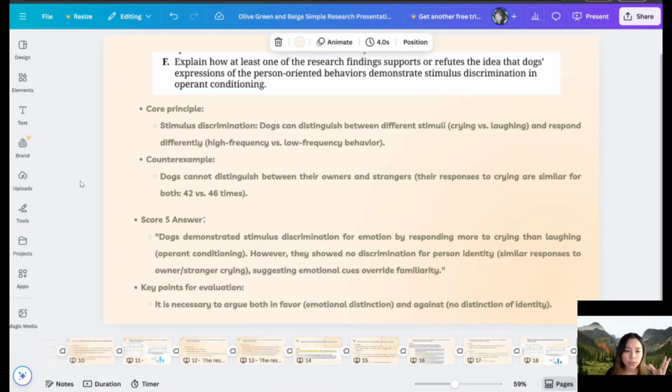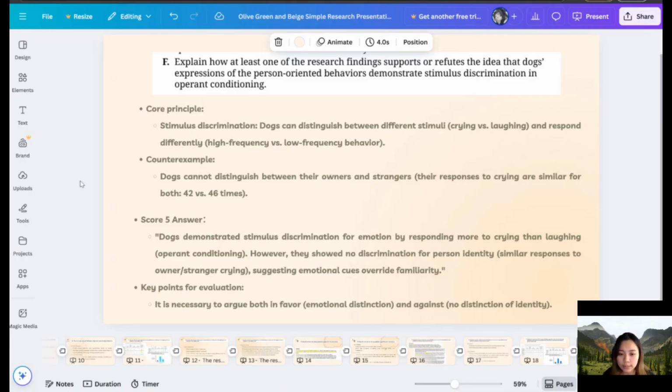So how can we answer it? The better way to answer this part is to say that the dogs demonstrate stimulus discrimination for emotion by responding more to crying than laughing, supporting operant conditioning. However, they show no discrimination for person identity, which is a similar response to the owner's and stranger's crying, suggesting emotional cues override familiarity. Key point for evaluation for this one is